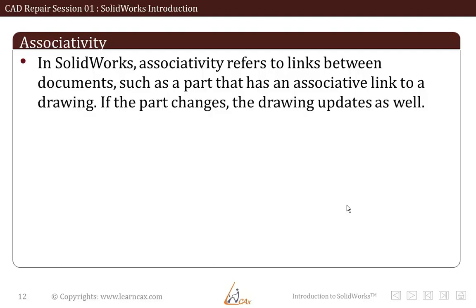One of the implications of this is that you do not edit a SolidWorks drawing by simply moving lines on a drawing. You must change the model, which causes all drawing views of the part or assembly to update correctly. One of the most important aspects of associativity is file management. Associated files stay connected by file names. If a document name is changed and one of the associated files is not updated appropriately, the association between the files can become broken.